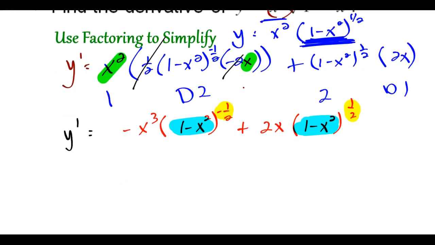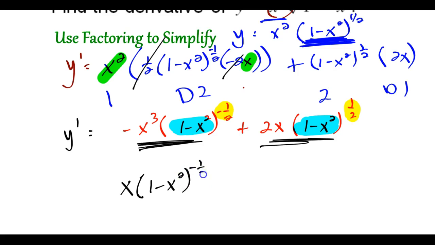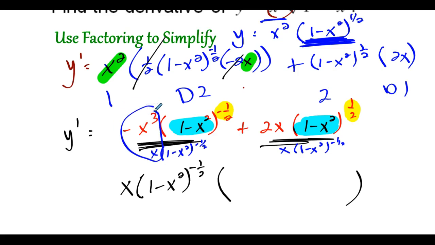I got to pull out this, and I think I can also pull out an x, because I think this term has an x and this term has an x. So let's pull out, you can pull out a negative x, but I'm just going to pull out an x. And I'm going to pull out a 1 minus x squared to the negative 1/2. And what do I mean by pull out? It literally means think about dividing each term by that GCF or whatever you pulled out. So I'm going to write that down here just so I don't lose track of what I'm dividing out, the greatest common factor. So now I'm left with a negative x squared